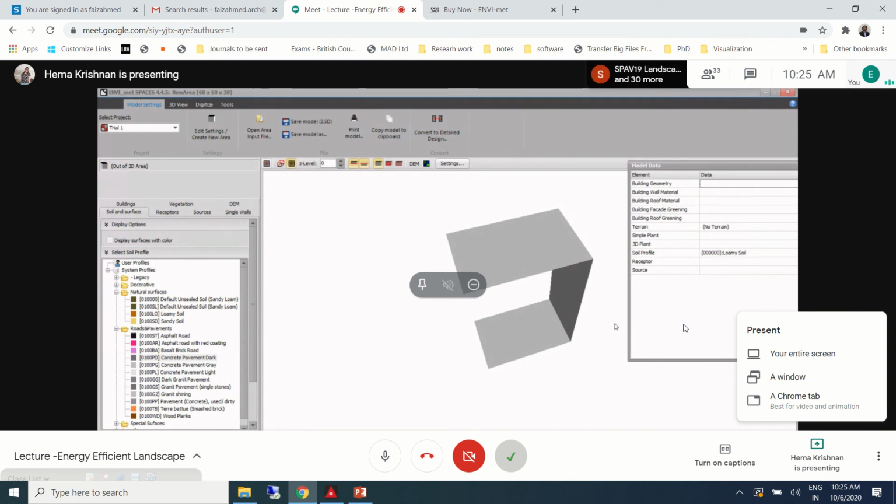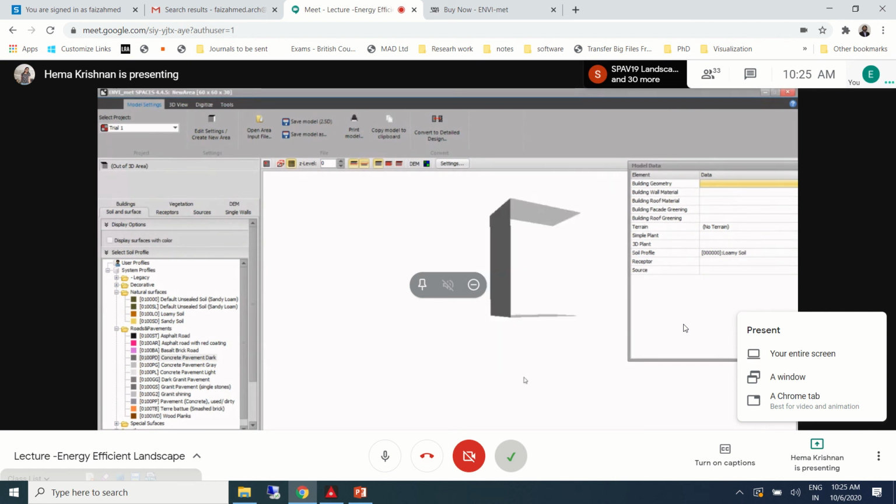Try rotating the model using scroll and then the mouse. Your buildings are not being shown. Deselect the selected area. He has selected some area in the 2D plane.